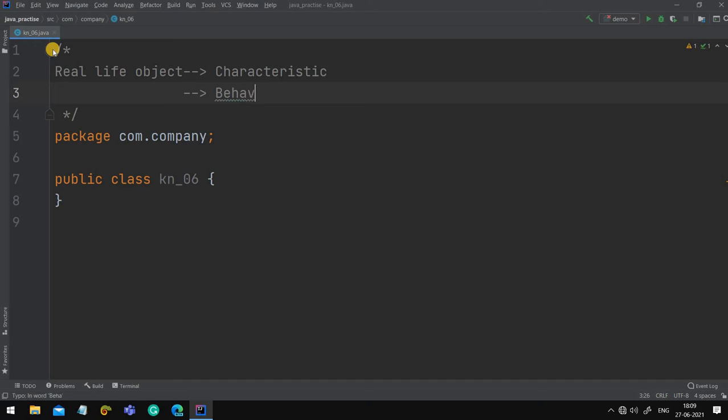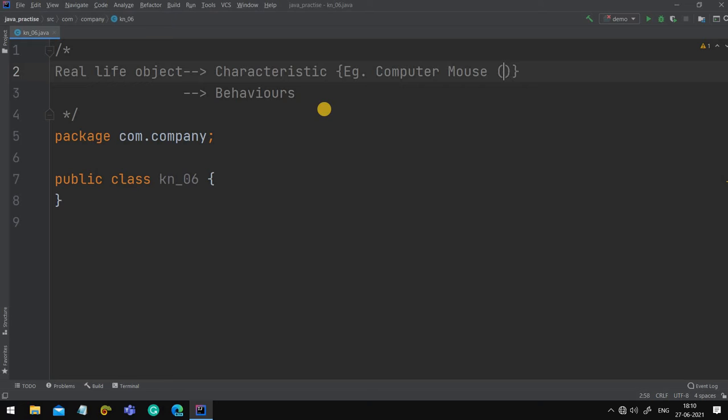Okay, now take any object of your choice, for example a mouse, and let's review it. So it has a certain characteristic. For example, it is having a button, two buttons, one scroll wheel, downside you can check out the light. So let's take the example as computer mouse.